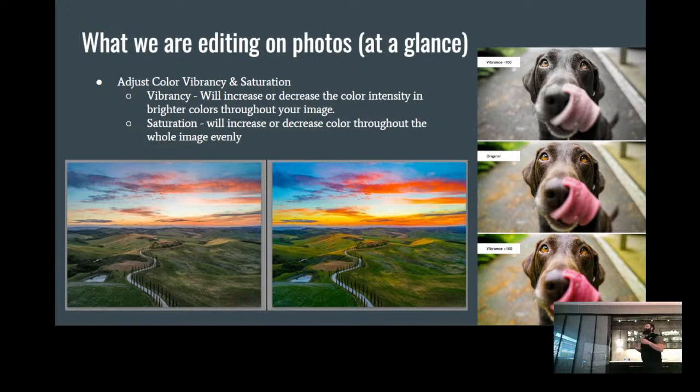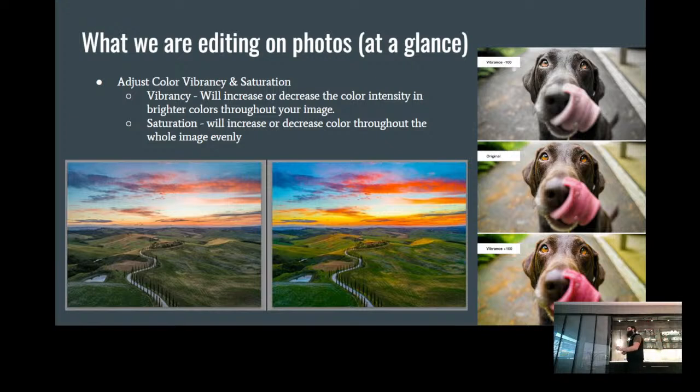But now we've looked at the shadows and we've looked at the light spots. What about the color? All photos aren't always black and white. They show color. And how do we play with that? Vibrancy is one of the first ones, and that will increase or decrease the color intensity only in the brightest